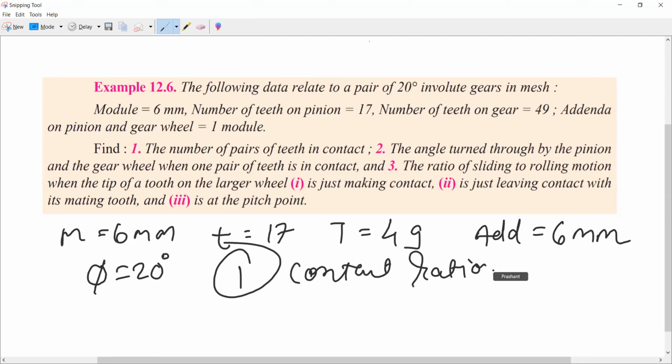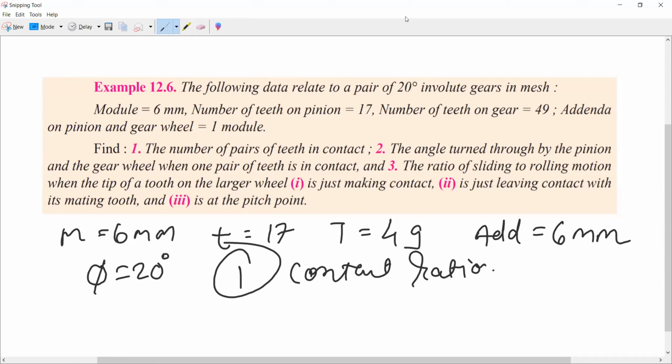Okay. So first thing that we need to find is the contact ratio. Let us focus on only one thing. Second thing we will see later on. I'm changing the screen now, everyone online and offline. Now I hope you have this question and given data. I'm just changing the screen for solving the numerical.